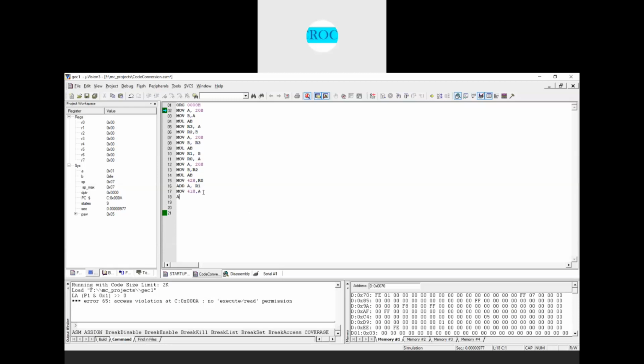Next what I do, ADDC A, #00h. If because of this addition there is any carry generated here, that also needs to be considered. Now here again the higher byte, what we have, the higher byte is stored in B. Now that content I will move into the accumulator.